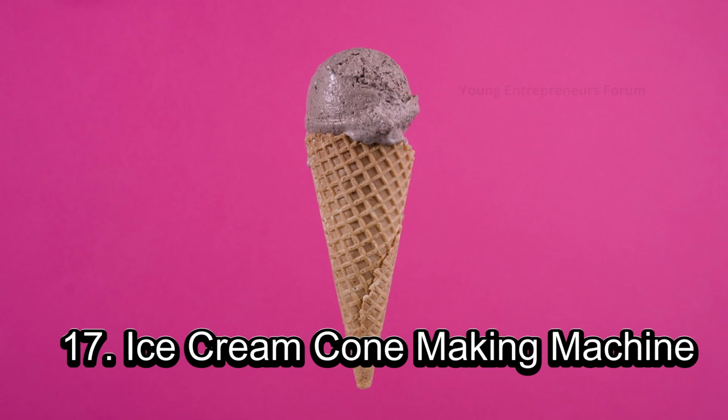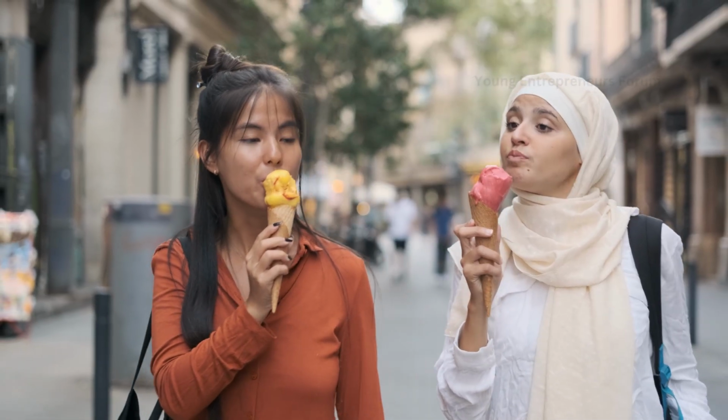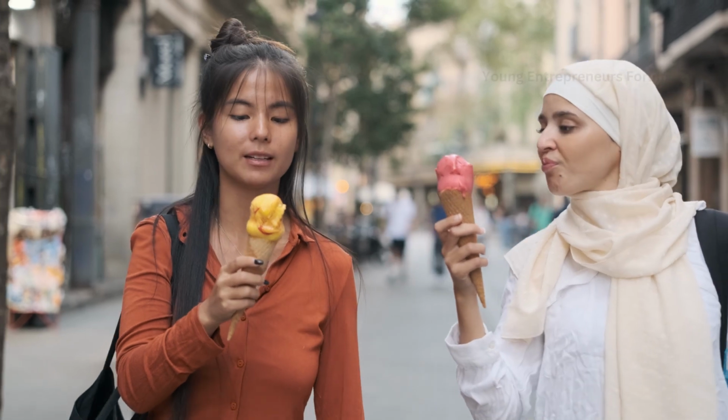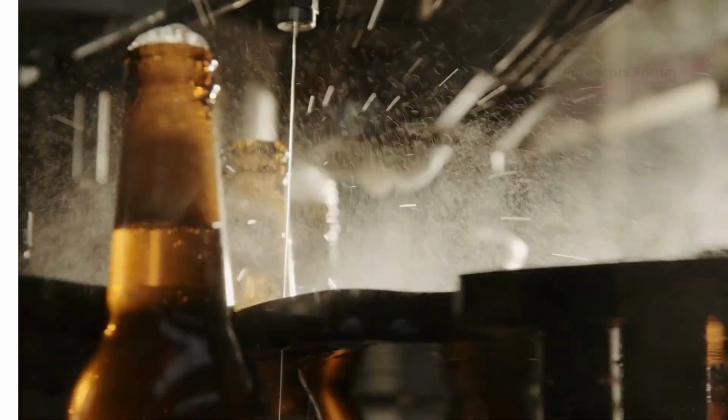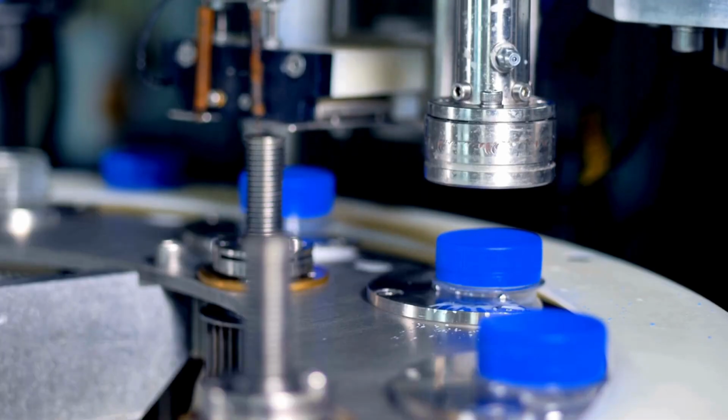17th, the ice cream cone making machine. Team up with ice cream brands or open up a cone business, sweet earnings. 18th is the bottle filling and capping machine, designed for liquids, oils, or pharmaceuticals, automating for high